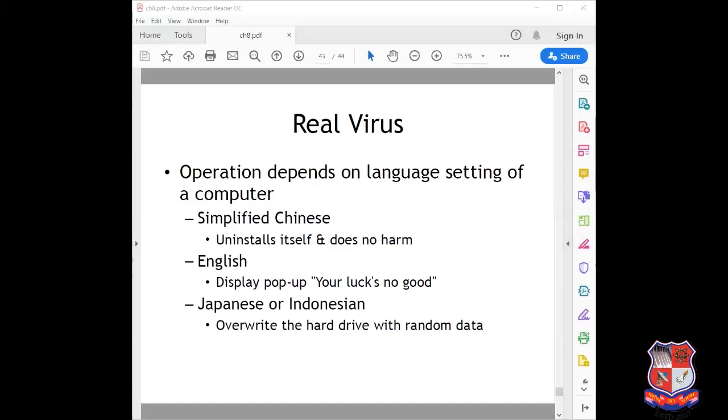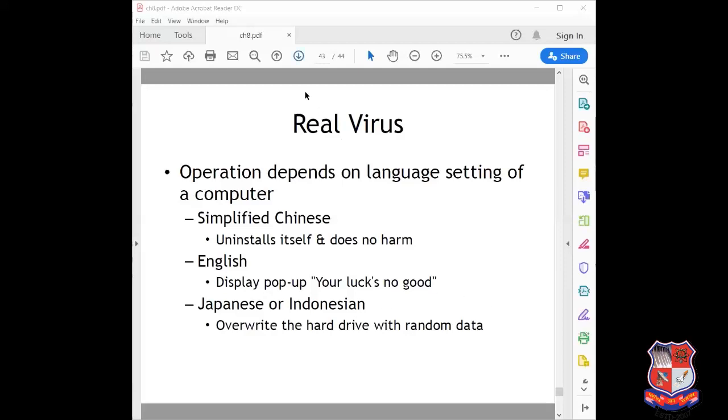The functionality of this real virus performs differently depending on the language settings of the infected computer. If the language setting is Simplified Chinese, the virus uninstalls itself and does no harm. If the language setting is English, it displays a pop-up with a poorly translated message like "your log is no good." And if the language setting is Japanese or Indonesian, the virus overwrites the hard drive with garbage or random data in an effort to destroy the computer.